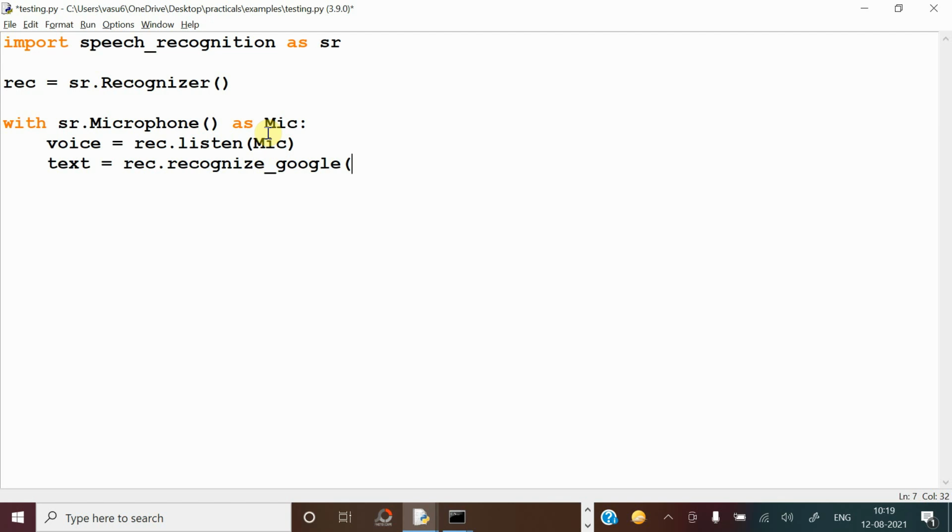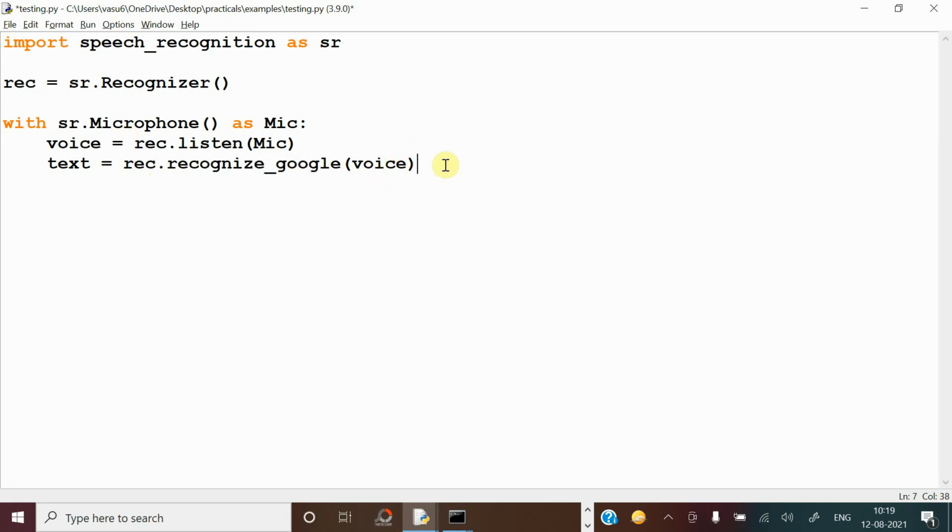Within that, we keep the input audio, which is voice. Through the mic I have taken the voice, which has been stored in the voice variable and is not in the form of text. By using recognize_google, the Google voice translator, you can convert the given input voice to text.